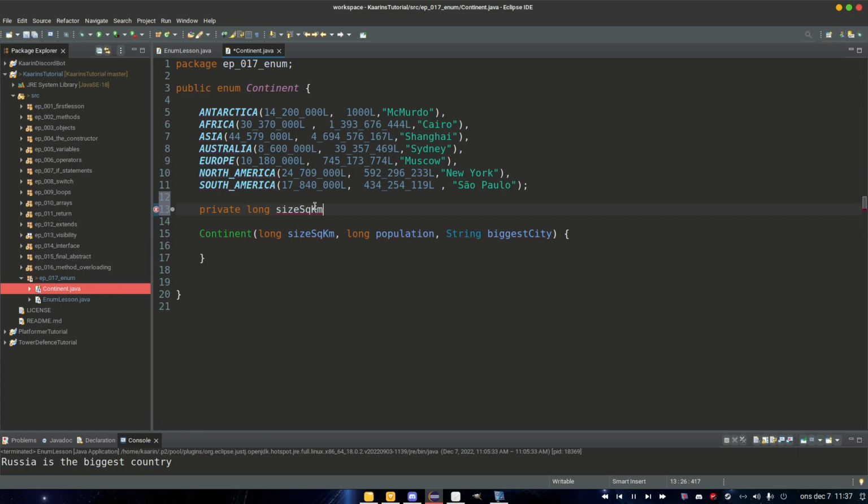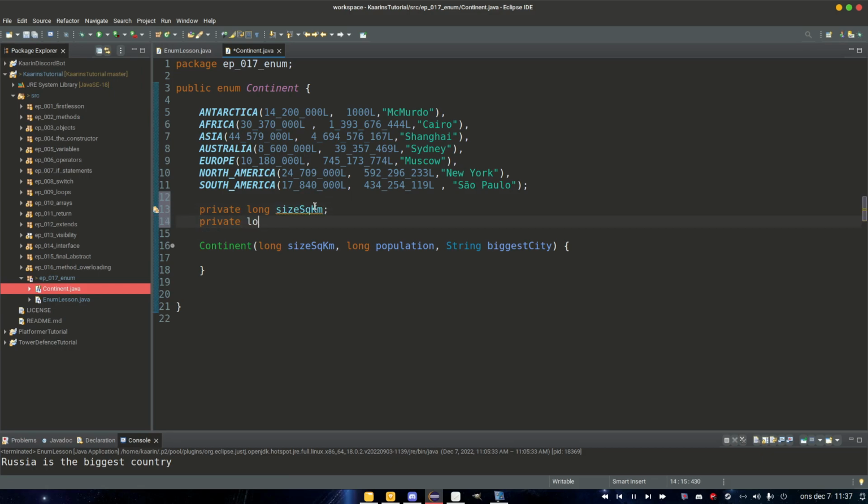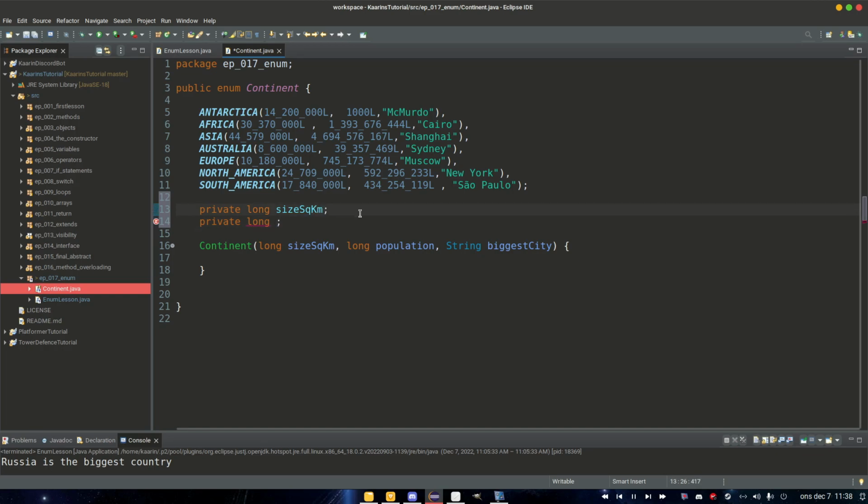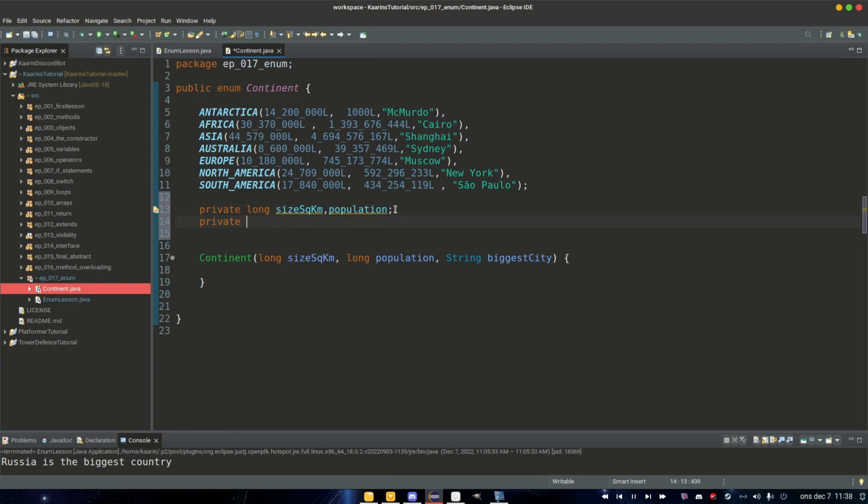And pro tip, if you have more of the same data type, then you don't have to finish that and then start again. Population, and so on and so on. You can just add a comma after that one, and now you are saving some space. And of course we need a string, so private string